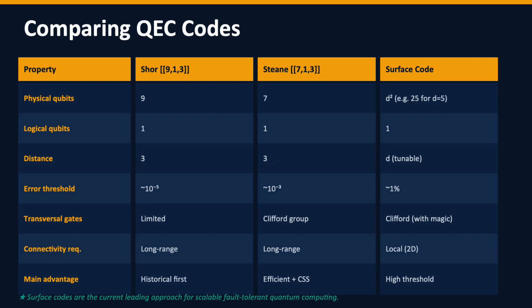The Steane code improves on efficiency and introduced transversal gate operations, but it still requires long-range qubit interactions that pose enduring challenges. Its advantage over the Shor code lies in its CSS structure, which gives it a cleaner theoretical framework and a richer set of operations that can be performed safely. For a quantum computer that happens to support the kind of connectivity the Steane code needs, it offers a very attractive combination of properties: fewer qubits needed and a more powerful gate set than the Shor code.